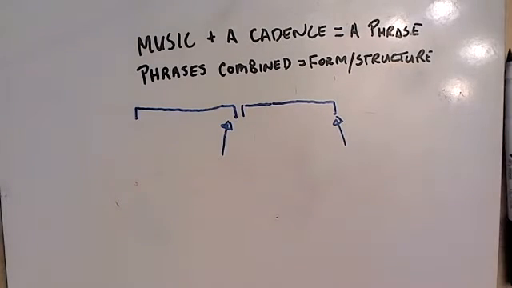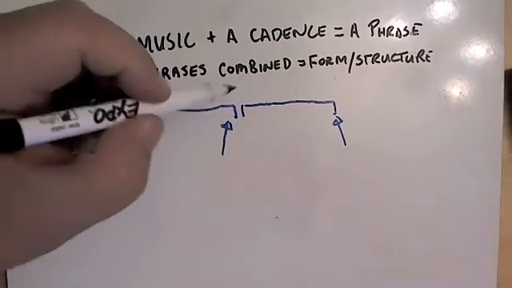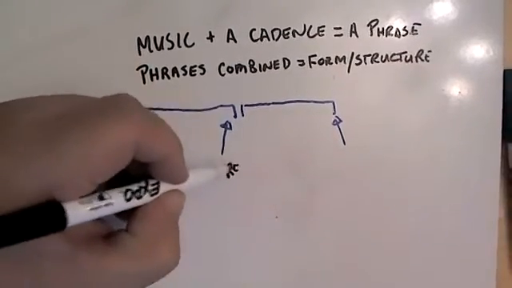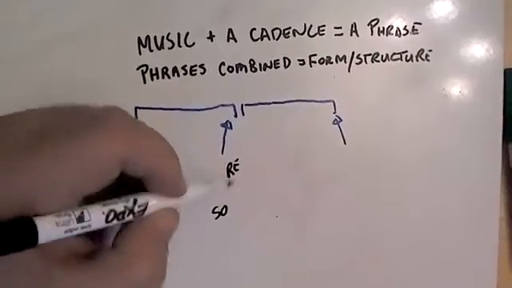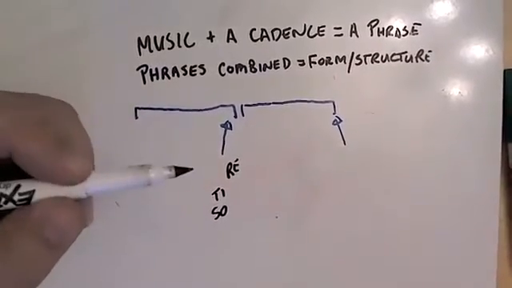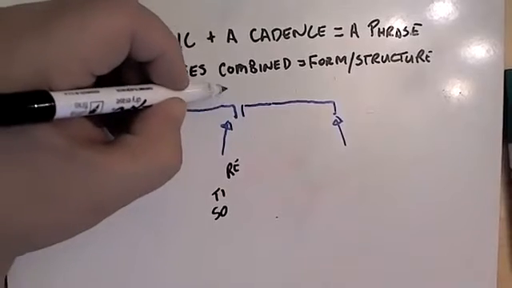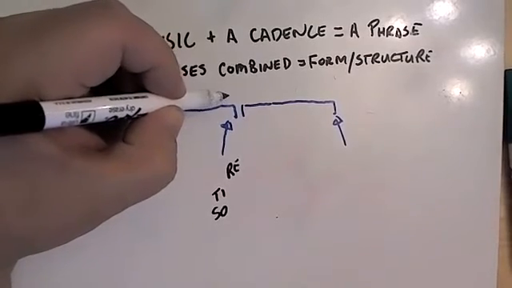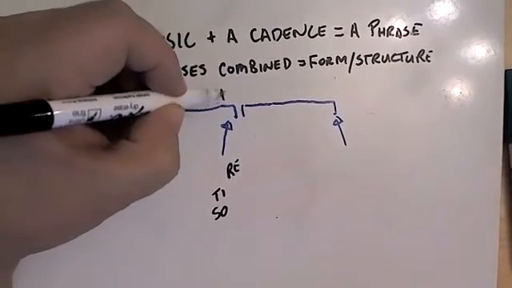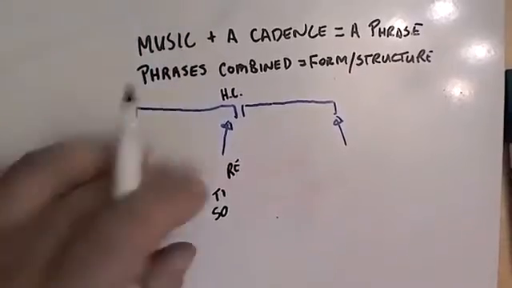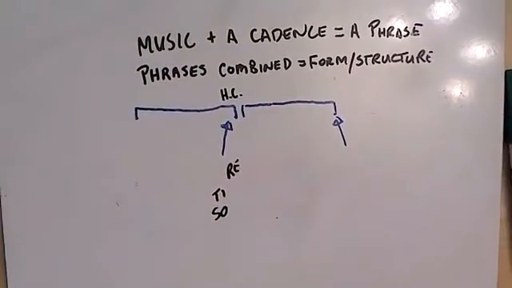And what we want to do is get good at listening to music and feeling where home is and seeing if we ended with an authentic cadence or whether we ended with a different cadence, like a half cadence, right? In this case, absolutely, the music ended on re, which is part of the so ti re chord. And if we were looking at the music, you'd find that this is a 5 chord right here. Okay, ended with a 5 chord. Cadences that end on 5 chords are called half cadences. And remember, this is not very final, right? And then